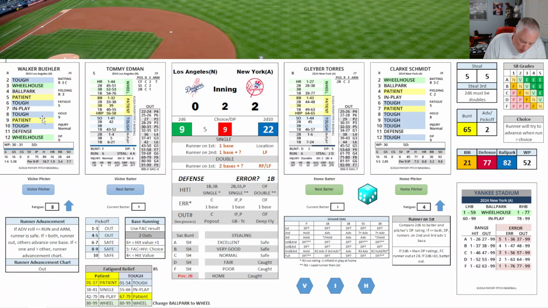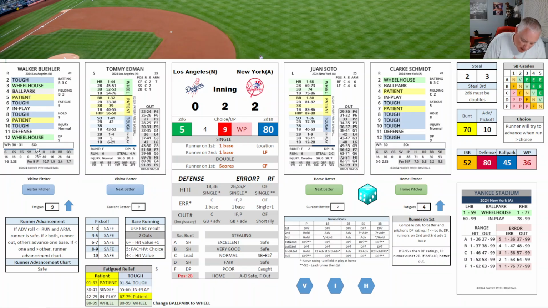Torres to hit. 9. Patient 22. He walks. So Buehler not having a good game. He's kind of all over the place. Not going to be long for this. Again, they're going to use their bullpen a lot here. Soto is up. 1st and 2nd, 2 outs. Patient 80 walks him. I got to check a wild pitch, though. So a 36 comes up. It reminds me here there's a possible wild pitch, but it's not in that range.